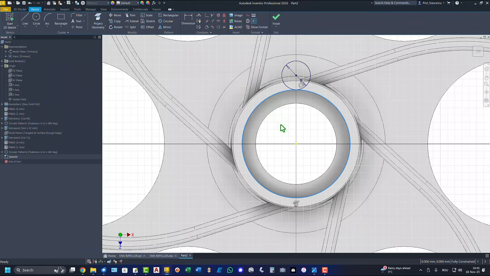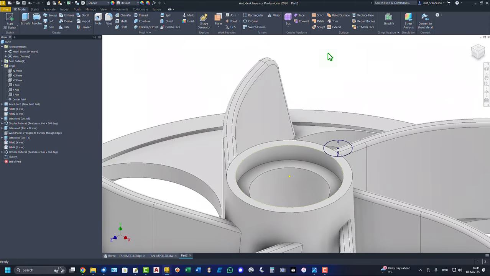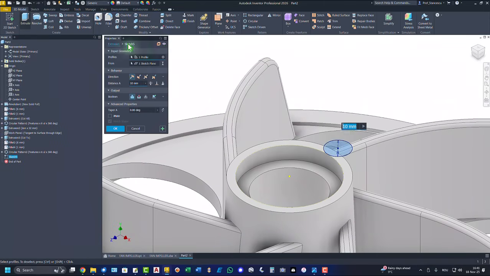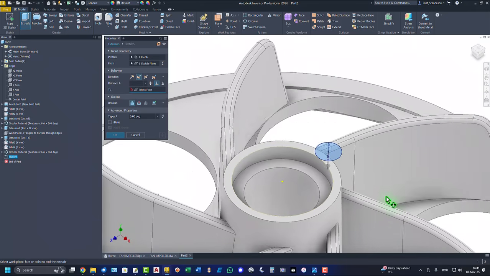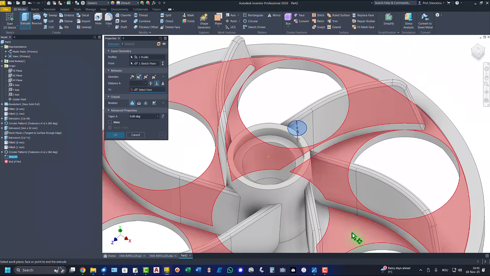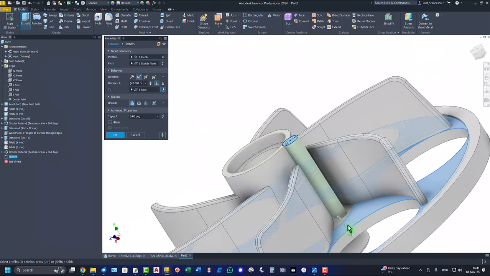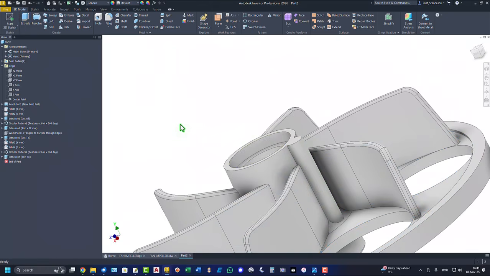Okay, this must be construction, finish sketch, extrude the other direction, but join to this face. Okay,